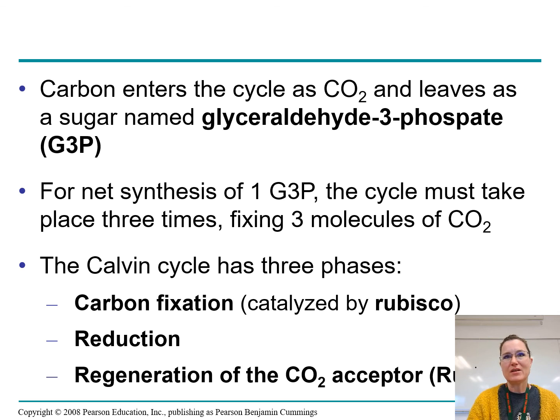And so for the Calvin cycle, the one big thing is carbon fixation. When we get that carbon and the oxygen and the hydrogen, we fix it all together, that's a big deal. Its enzyme is called Rubisco. And then, like a week or so ago, we talked about reduction, which means that we are gaining that hydrogen. And then we have the regeneration of the CO2 acceptor, and what that gives us is a cycle.